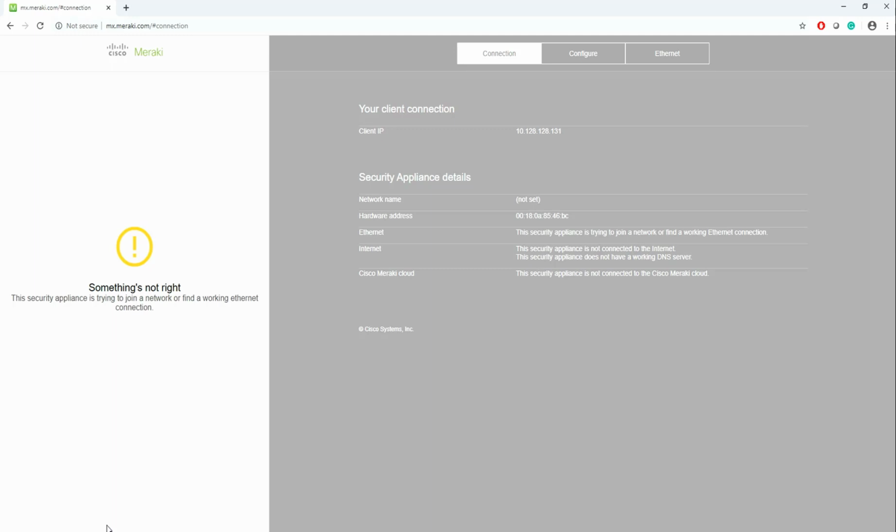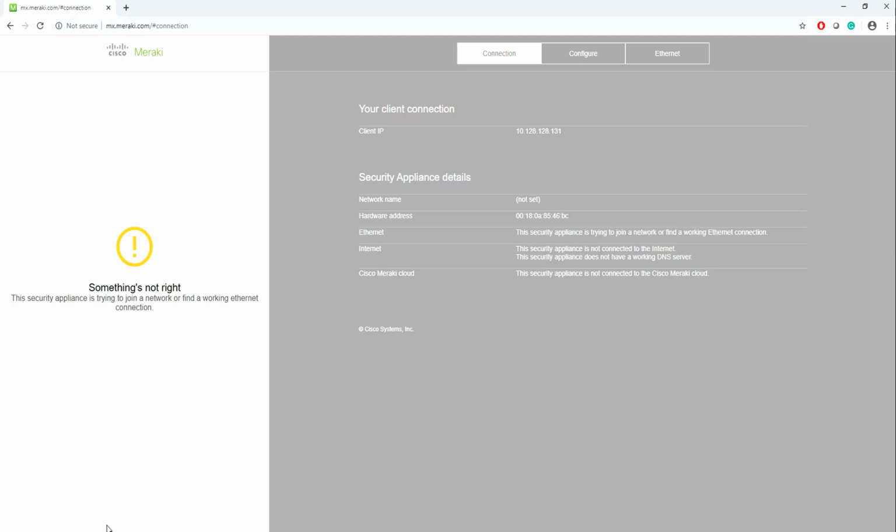However, we can also get to this via the local interface by just putting in the gateway IP address that the MX is running for the clients attached to the subnet. It is designed for basic troubleshooting of cloud connectivity problems, and also for setting up basic settings to allow a device to connect to the cloud controller.